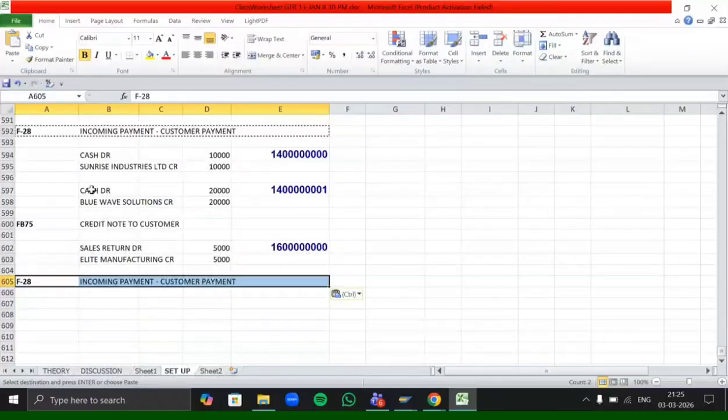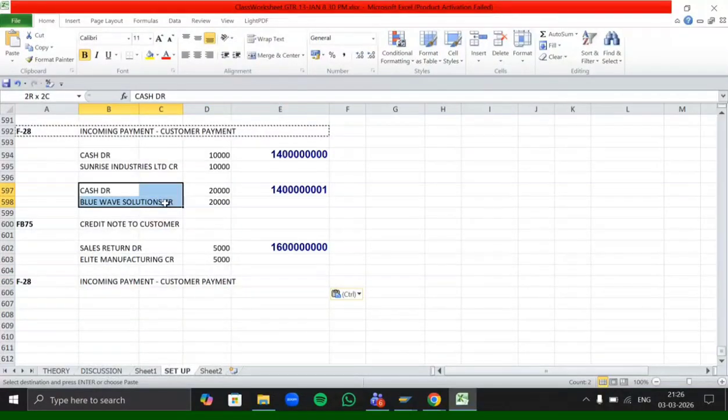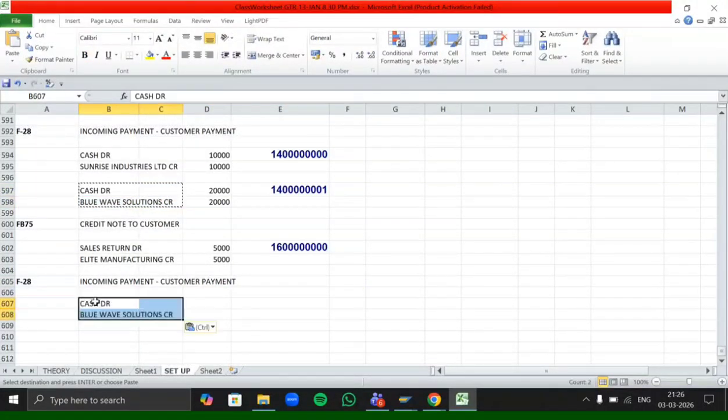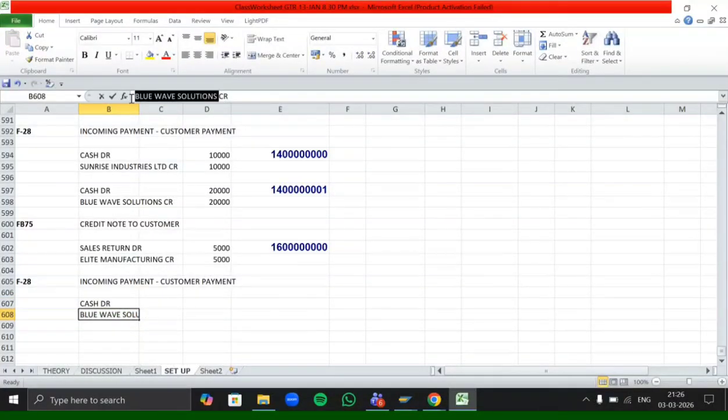The entry will be cash account debit to Elite Manufacturing credit, with the amount of rupees 25,000.